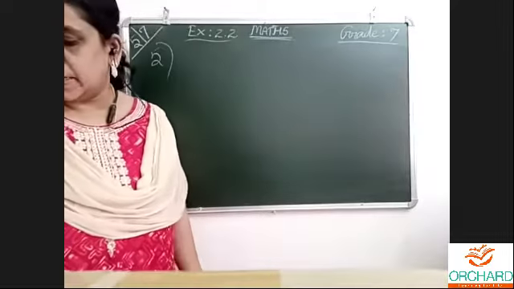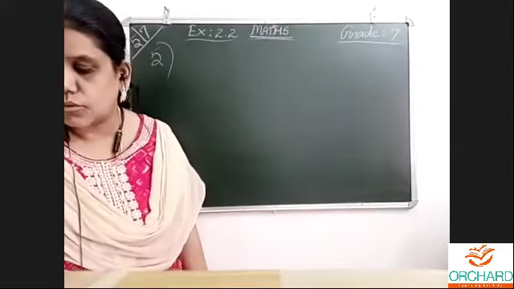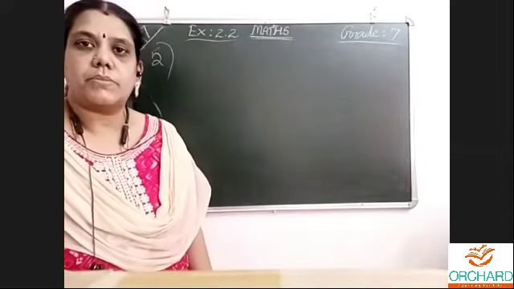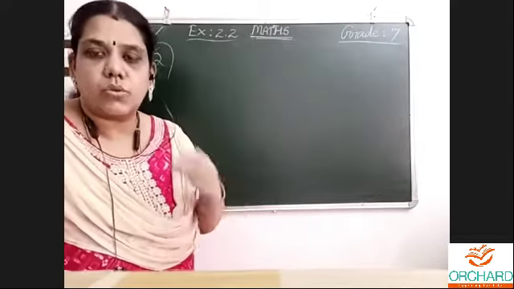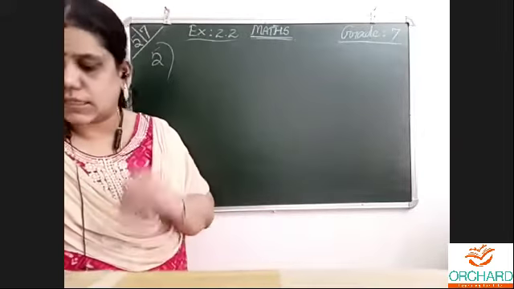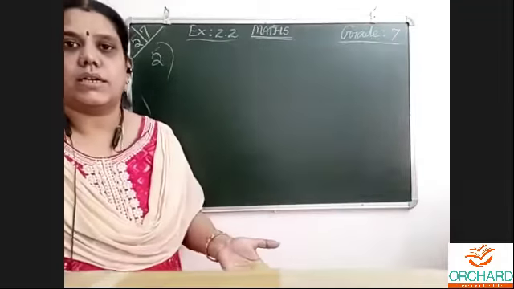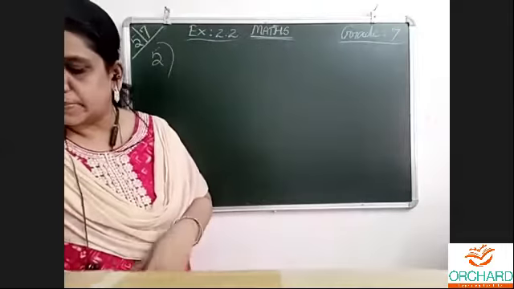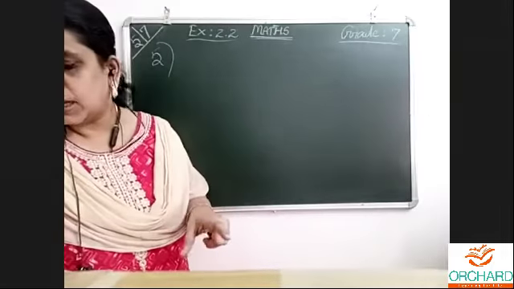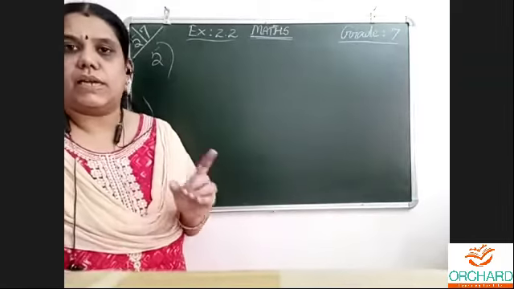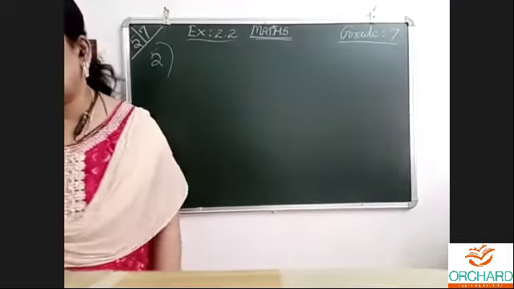Sorbet means actually it's a dessert. I have checked in Google about what it is before taking the problem. It's a dessert which is served in a cooling process with ice on it, I think so. By the deep freeze method, when we serve the dessert, it is called a sorbet. One serving of a sorbet is 3 by 10 of a liter. So 2.5 servings we need. One given, more asked, so it is multiplication.